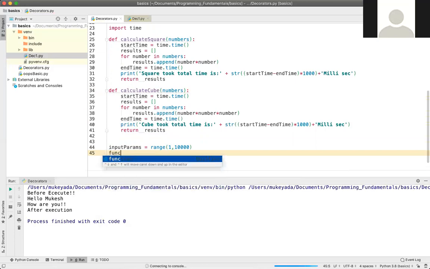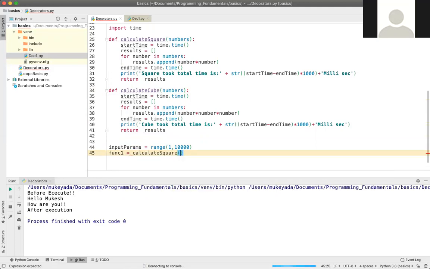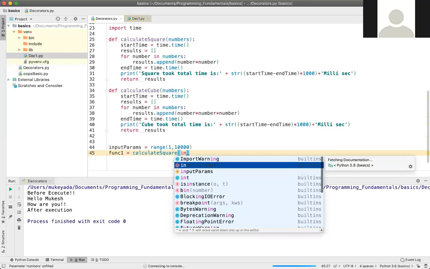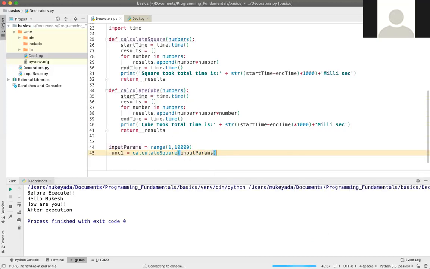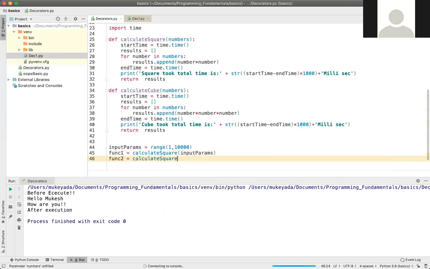Now I need to call these two functions. So func1 equals calculate square, right? And here I have to pass input params. Now func2 equals calculate cube, and I need to pass input params, right?